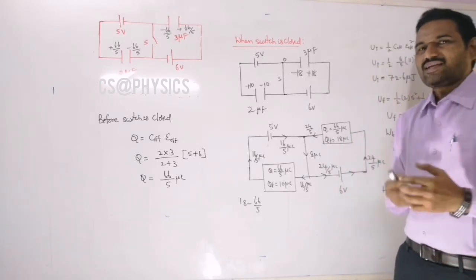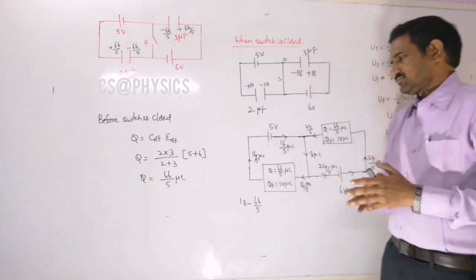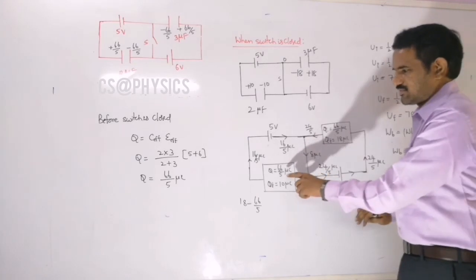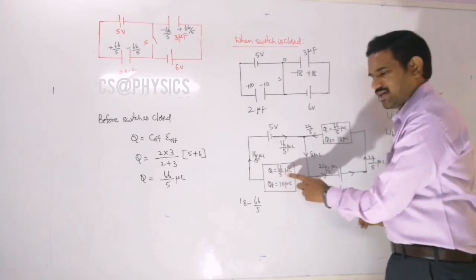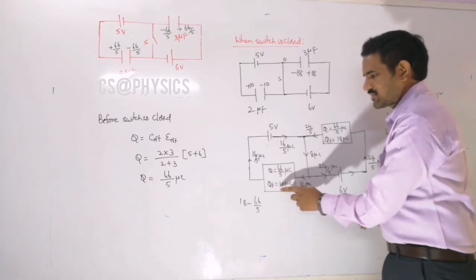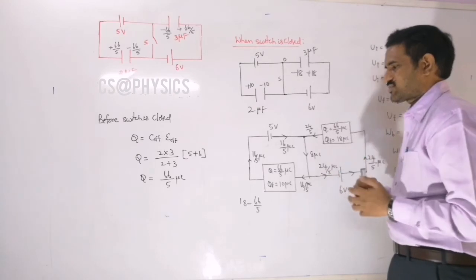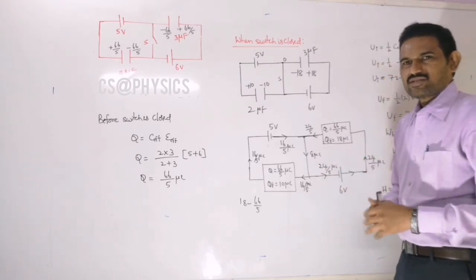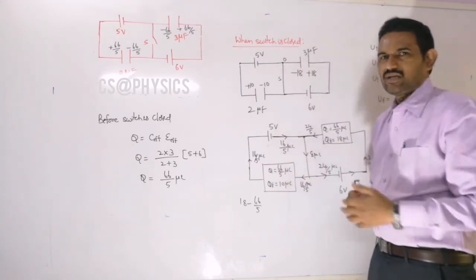For that, let us analyze the circuit carefully, initially and finally. Suppose on each capacitor I am representing like this. The initial charge on this capacitor is 66 by 5. The final charge on this capacitor is 10 microcoulombs here. So that means the charge on this capacitor is decreasing. The charge on this capacitor is decreasing means some amount of charge should flow back into the cell, right?